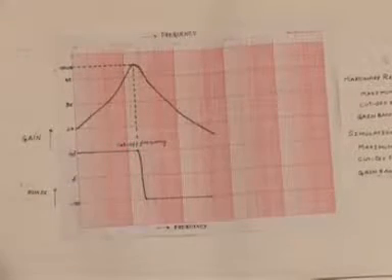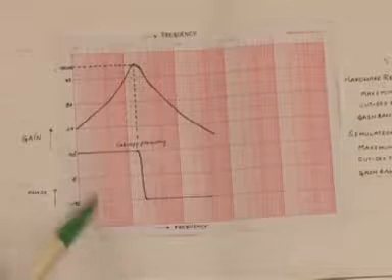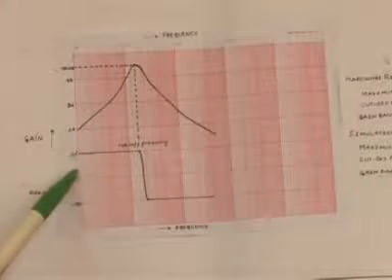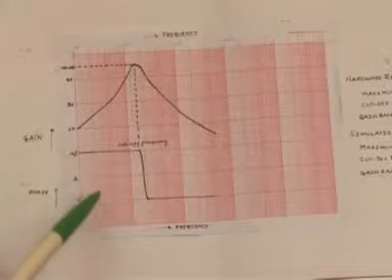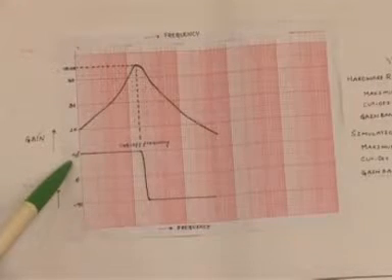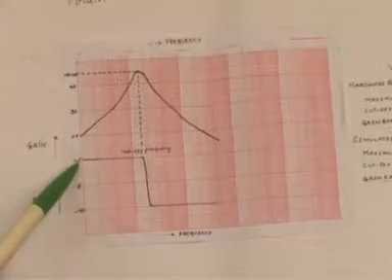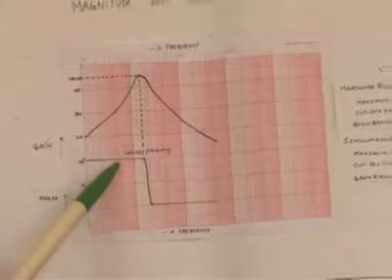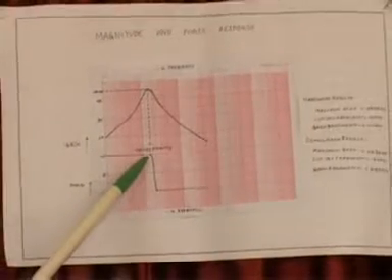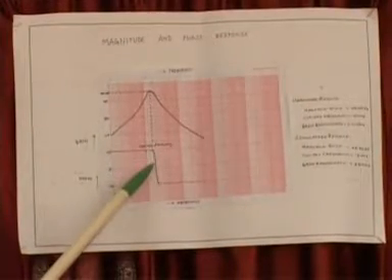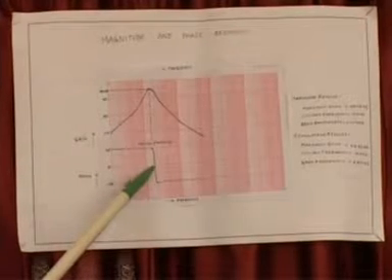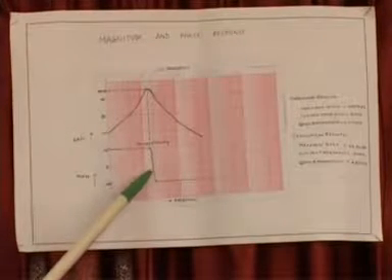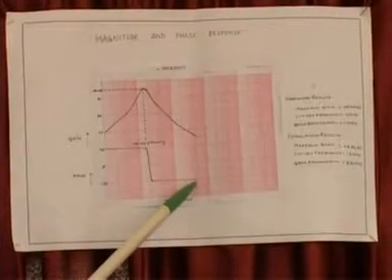Using the values from the table, we have plotted the phase response. Initially at 1 kHz, it is having a phase difference of 90 degrees and at 5 kHz, it is having a phase difference of 90 degrees and it is constant up to 15 kHz and at 20 kHz, the phase difference is 0 degrees and from 100 kHz to 1 MHz, it is again constant, that is minus 90 degrees.